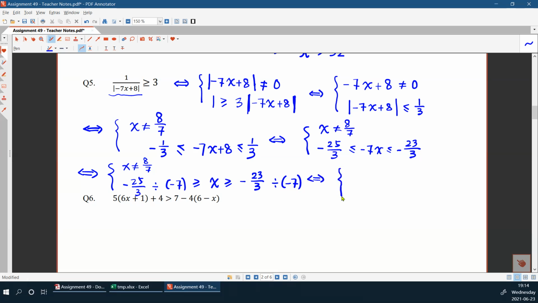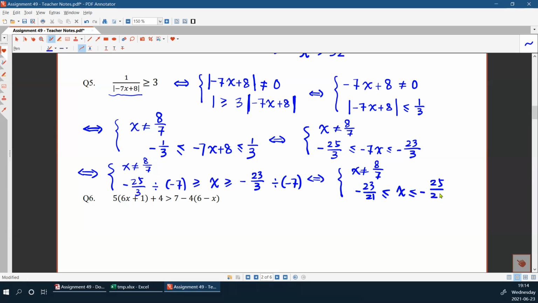And this is equivalent to x is larger than or equal to -23 over 21 and smaller than or equal to